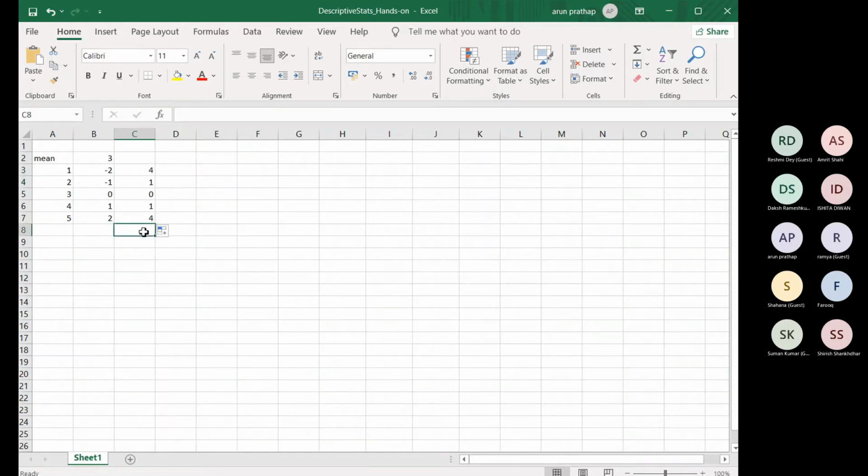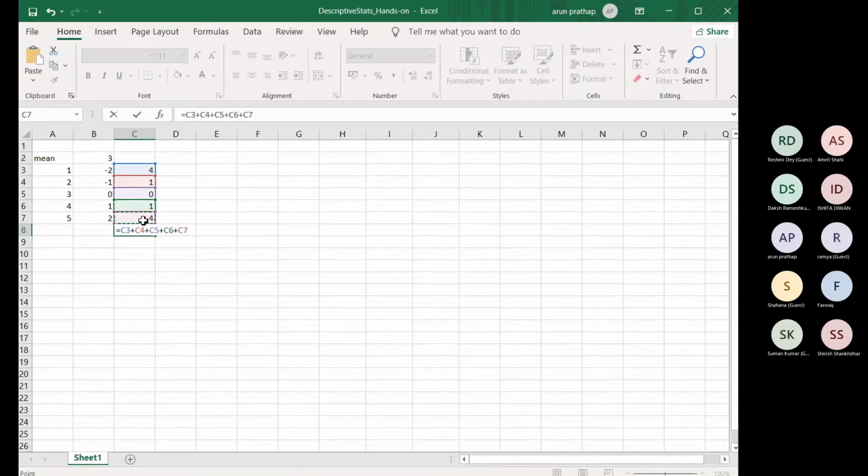Then what do I want? Now I want to add all these together, right? So I will use a function. When you put equal to and type in letters, Excel will tell you what are the formulas which already exist. That is the built-in functions which are already defined in Excel. So if you see, I already have a sum. Otherwise I could have typed this equal to, that way I will show first. I can write this one plus this one plus this one plus this one plus this one, and I can enter. So that is one way.